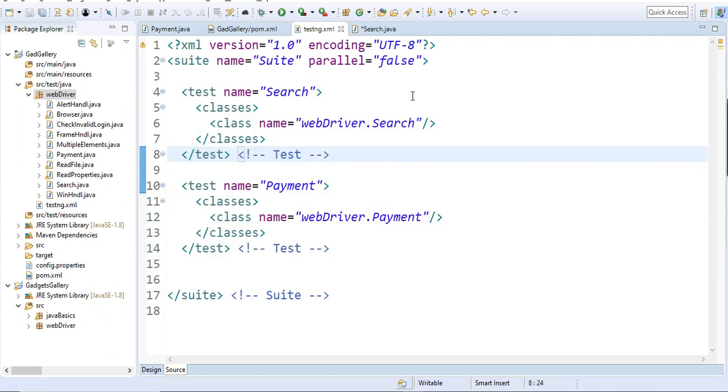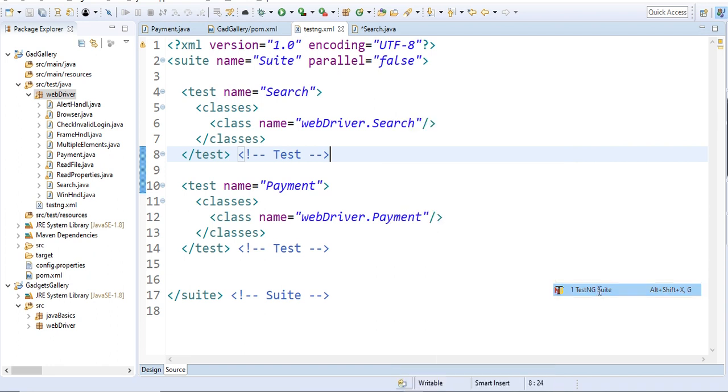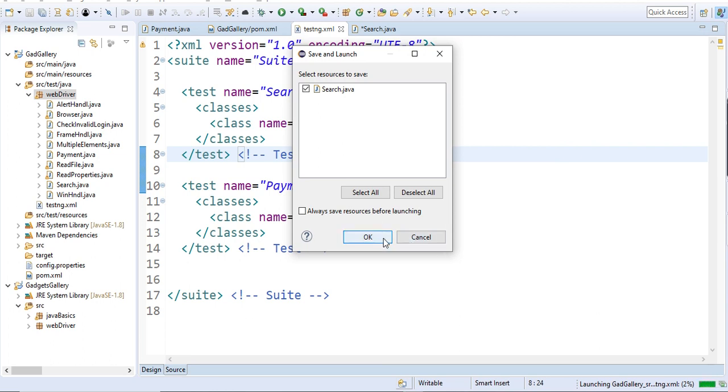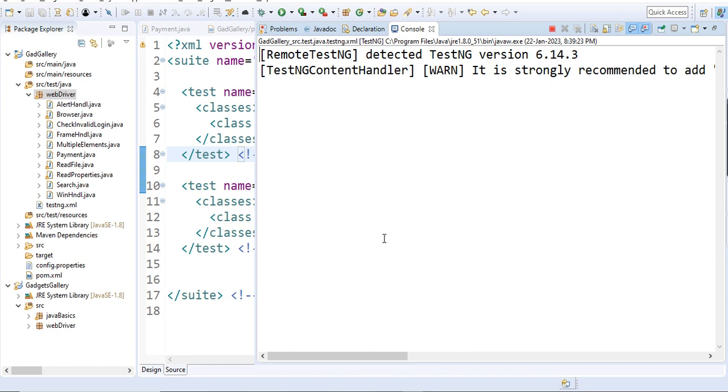Now if I want to run both the classes, I have to execute this particular XML file. So I will right click over here and say run as TestNG suite. So I'm running a TestNG suite, not a single class. I'm running both the classes together as a suite. Now if you see the difference,